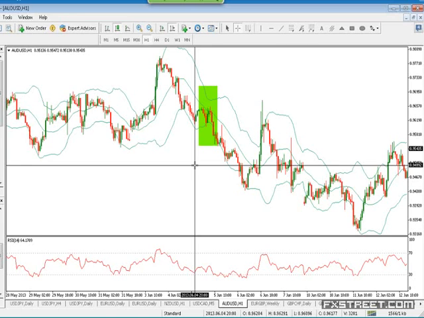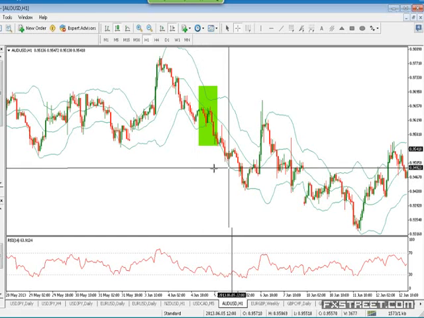So this is what option traders do, for the simple reason that options involve the element of time. So an option trader needs to know what is the best time to get into the trade so that he can catch the volatility. So when the bands are squeezing together, that is one of the places when you should consider taking a trade. On the other hand, if you look at it alternatively, when your bands are expanded,